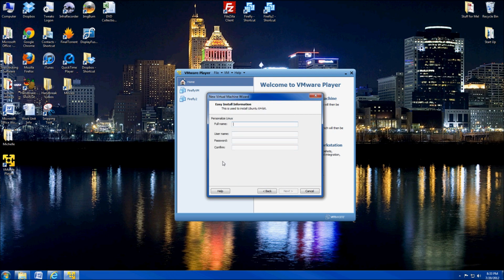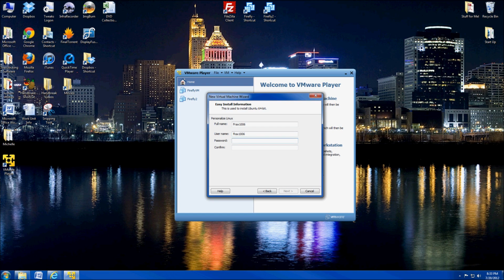And here it's going to ask for the information that Ubuntu will ask for when you're installing it. So first off, go ahead and fill in your name. So I'll fill in Frax1006. Next, you'll fill in your username. This will actually be your username in Ubuntu. Now, Ubuntu does not allow for capital letters in the username. It only allows for lowercase letters and numbers. So I'm going to use